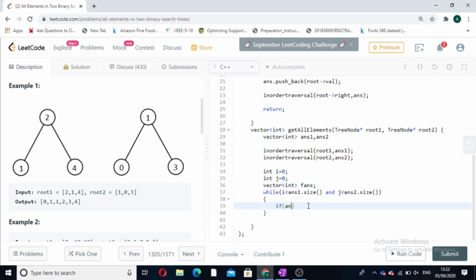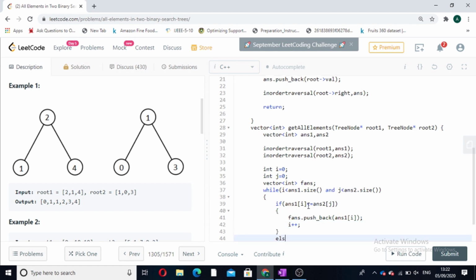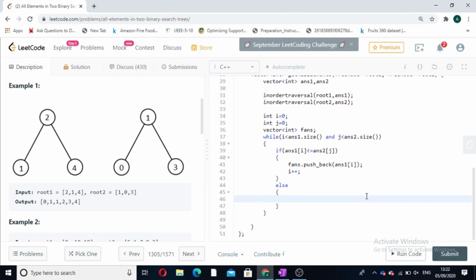If answer 1 of i is less than or equal to answer 2 of j, then we will append answer 1's ith value to our f answer with push back, answer 1 of i, and we will do i plus plus. Else, in the else condition we will push back the value of answer 2 vector, answer 2 of j. Now we will do j plus plus.